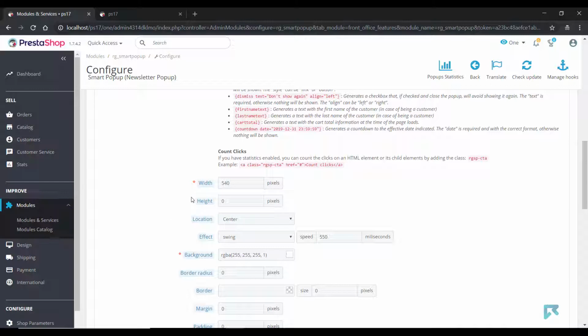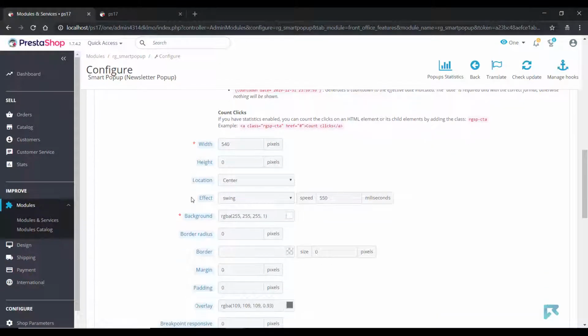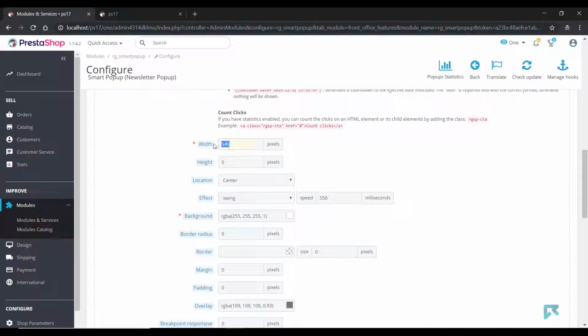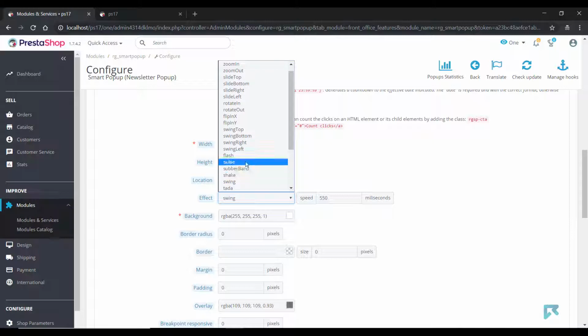Below the tags you will find more configurable fields that are related to the position, size, location, and visual aspects of the pop-up. Having selected one of the base themes, this is already filled and is proven to work in both desktop and mobile devices.